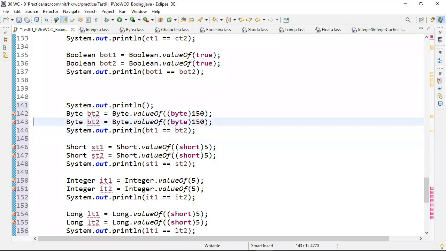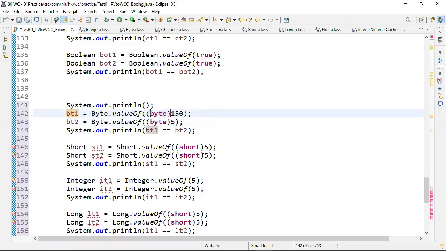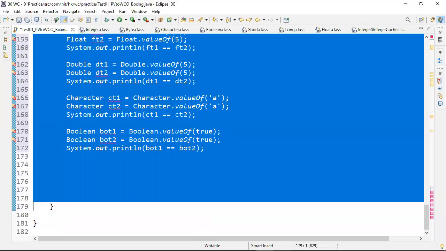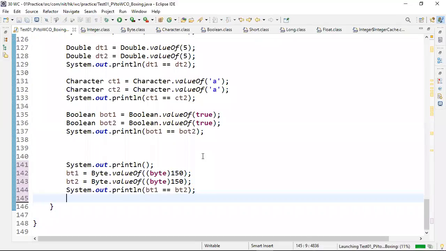Tell me now. I hope I need not tell these points, right? You can try yourself. Remaining all I am removing. Control F11. We'll get,